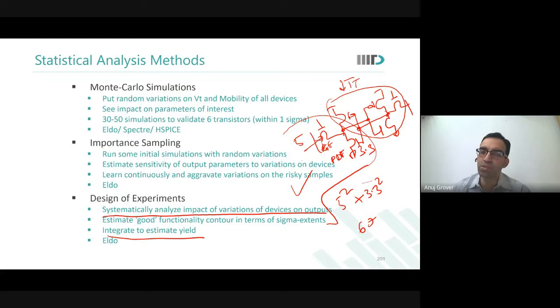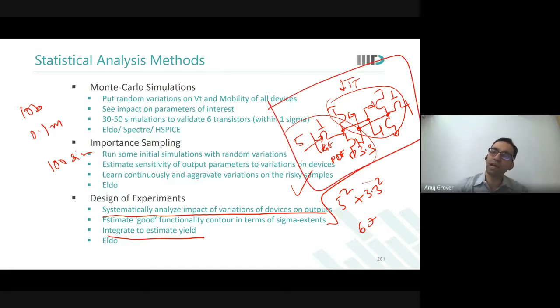Okay. So design of experiments is where you analyze the circuit from your side and you are putting just the worst case numbers there. And through this, from 10 billion we reduce to say 0.1 million, and over here you only need say 100 simulations and you will be able to get the result. But this requires much more effort as a designer to make this setup, to make these experiments.